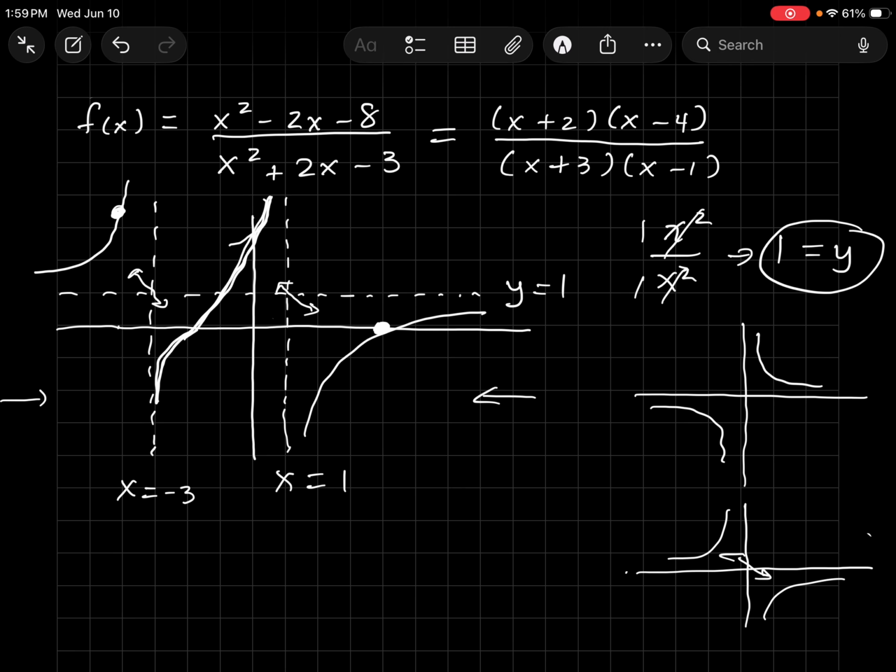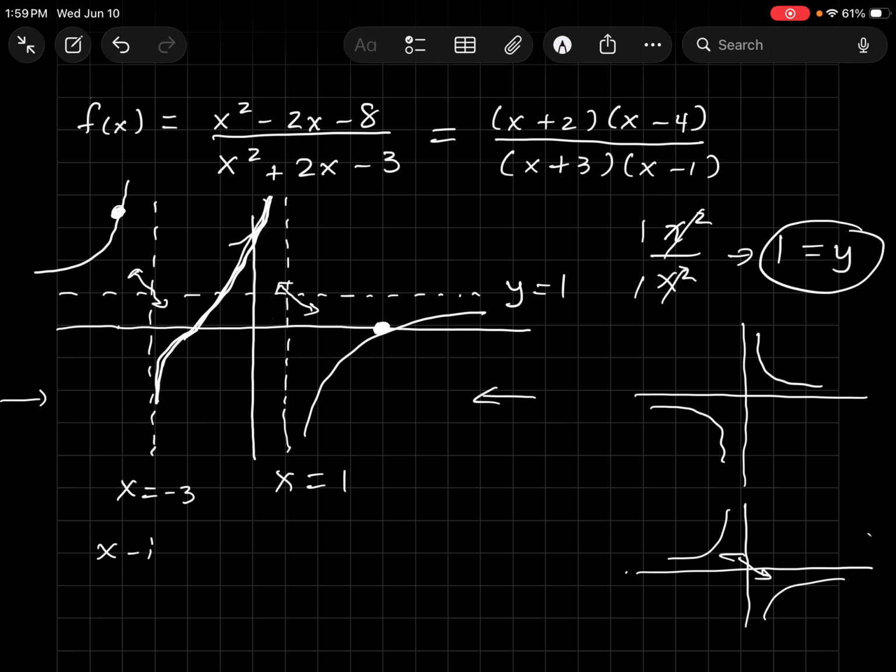I'm not looking for perfection, generally speaking. I'm just looking for a decent representation of the graph. So the graph will look sort of like this, pretty close to this. I'm going to add in the